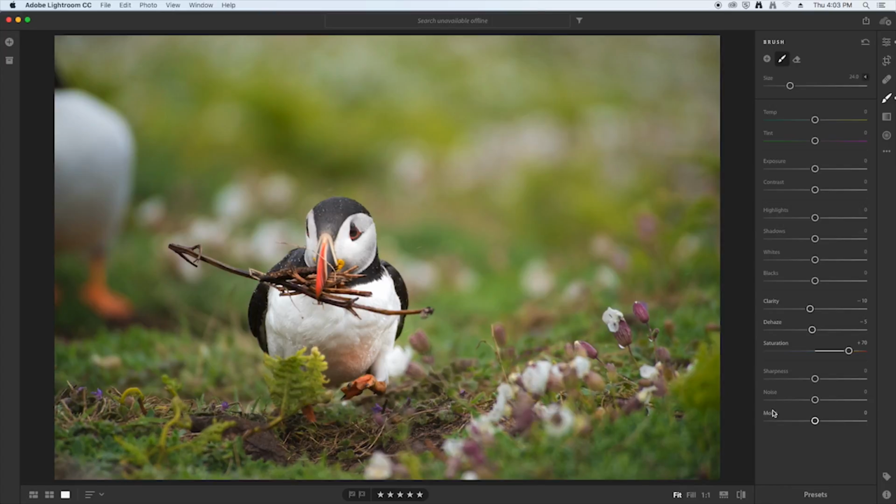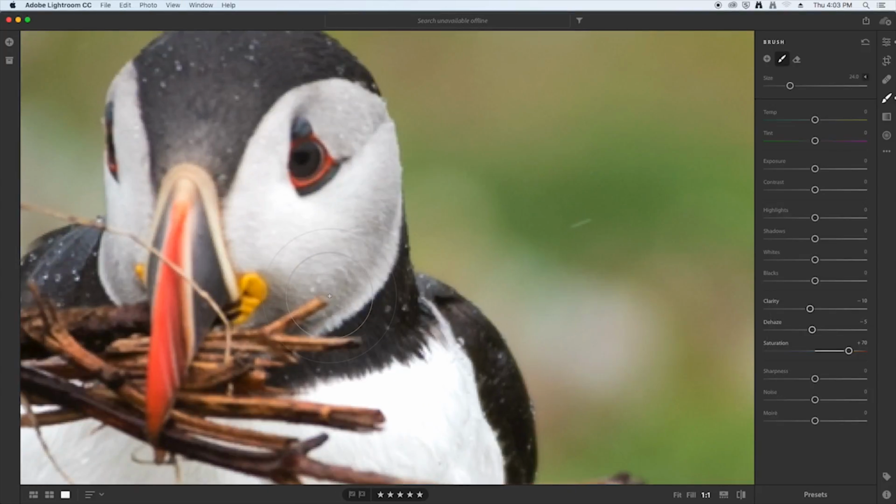Now I'm going to ignore noise and moire for this shot because we don't actually have much of an issue with noise and moire, but if I zoom in and I'm using Command plus or Control plus on a PC, you can see that this image is actually out of focus on the eyes. The focus falls just behind the head here on the wings, and even then it's still a little bit soft, and that's because there was a lot of rain on the day and I had to keep wiping my lens down. So I'm going to make a new brush, going up here to the top right and click Start New